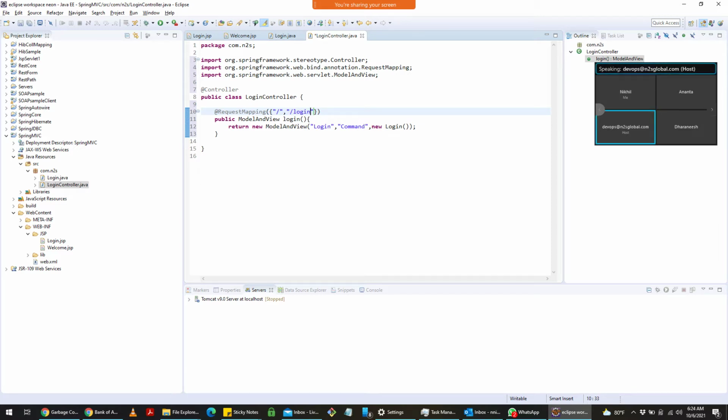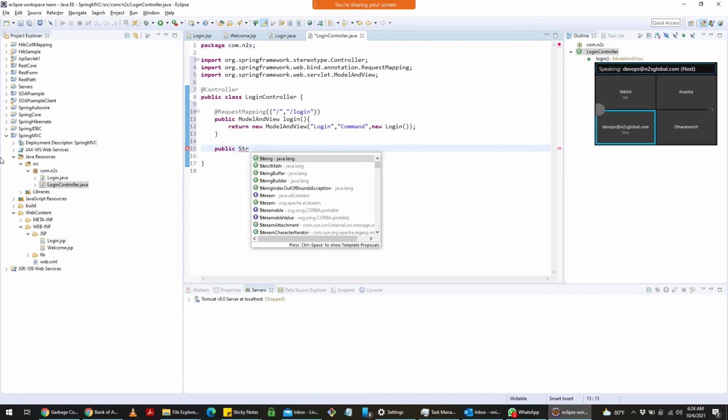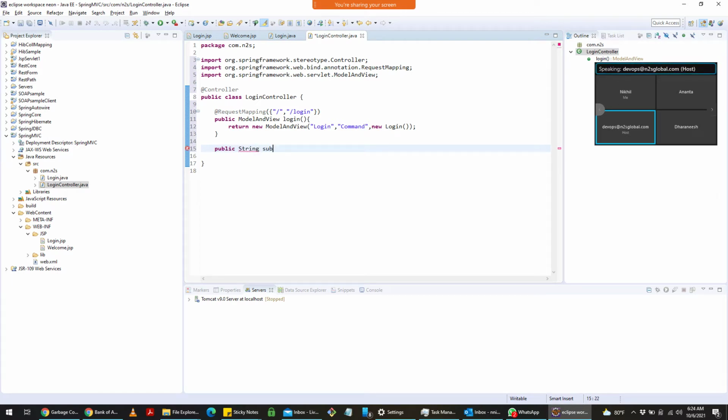Now, when you click the submit button, we need to write the logic. Create one more method. Public String, method name can be submitLogin. And of course, we need to pass a couple of parameters. First is your bean reference variable, Login l, comma,